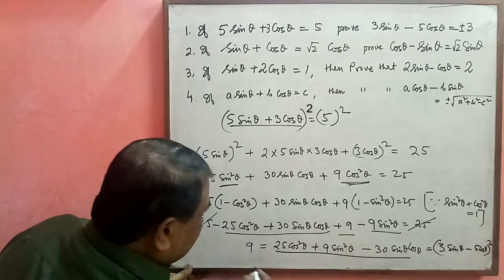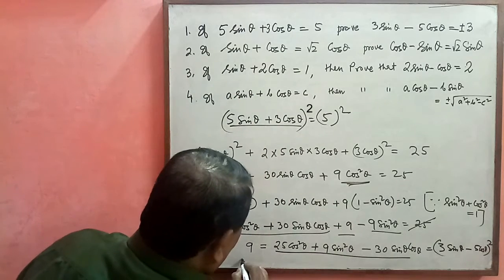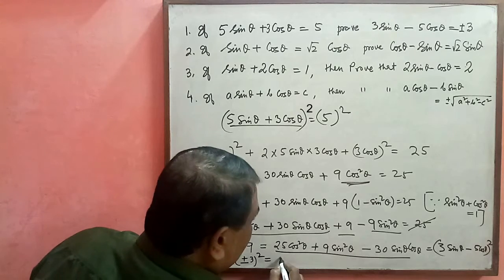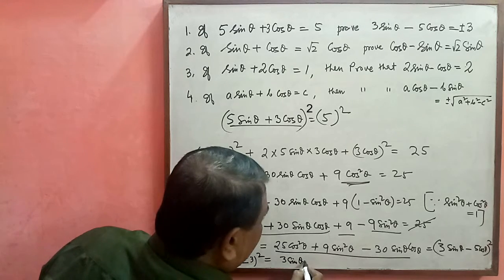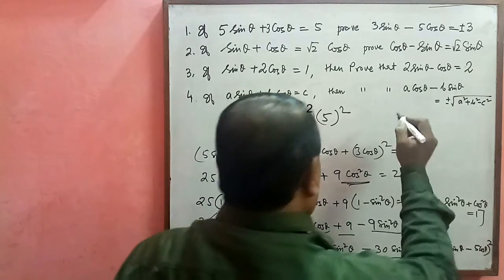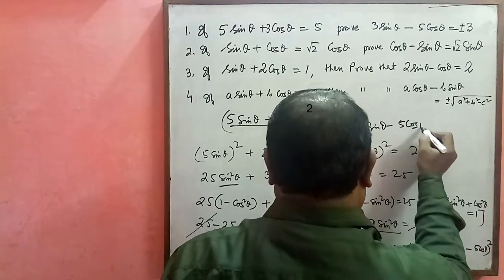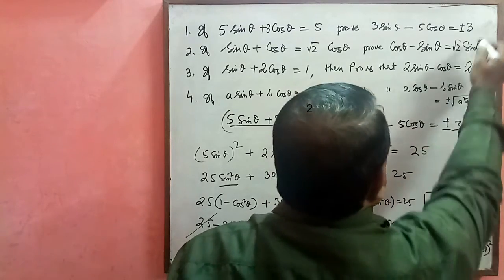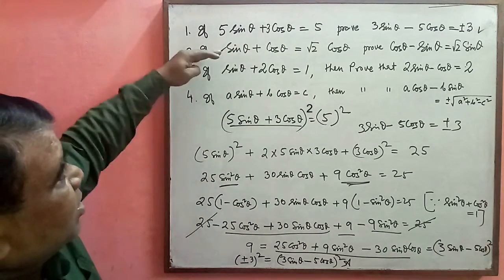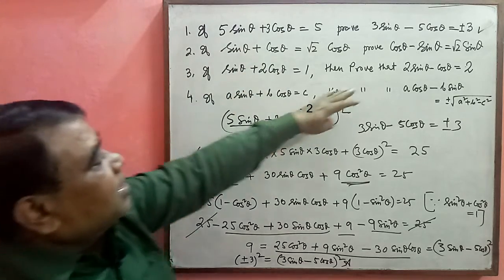Taking square root on both sides with positive or negative term. If it is positive, we put positive, minus negative, because we know this is plus minus 3 whole square equal to 3 sin theta minus 5 cos theta whole square. So we have 3 sin theta minus 5 cos theta is equal to plus minus 3. We have reached our destination. This way you solve, please. You just square it and change sine square and cos square accordingly. You will get all this result.